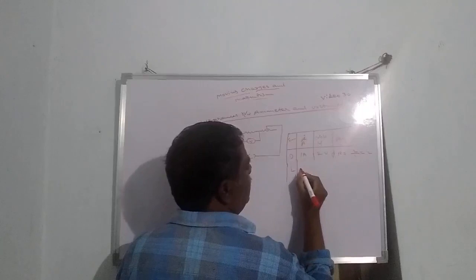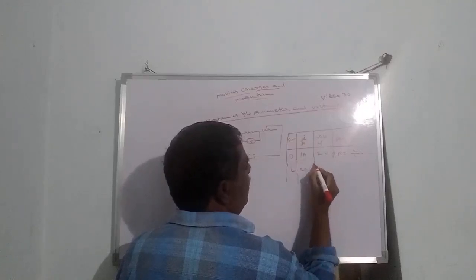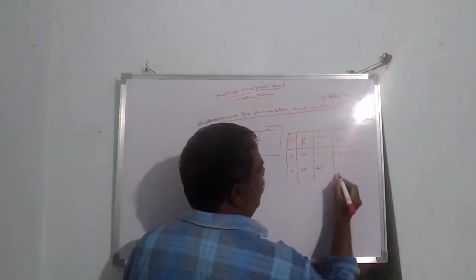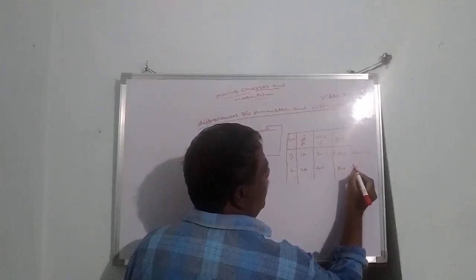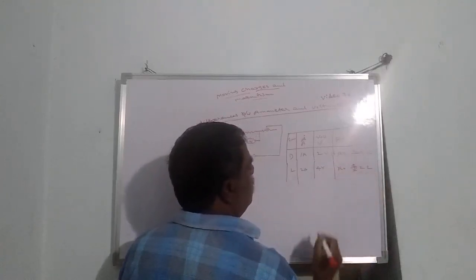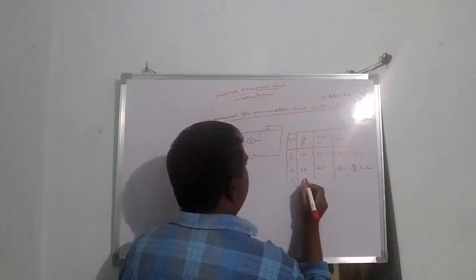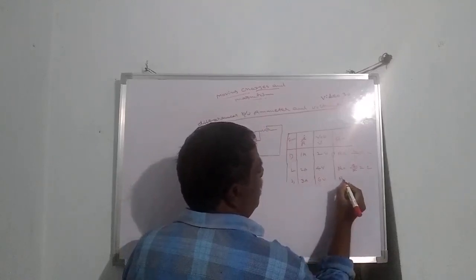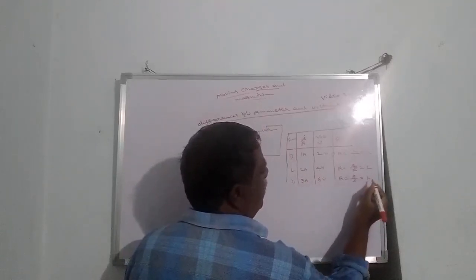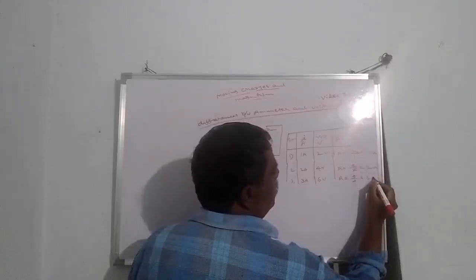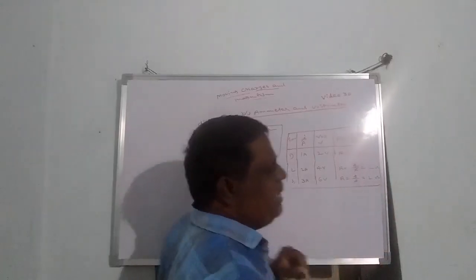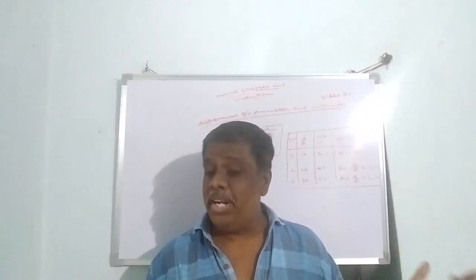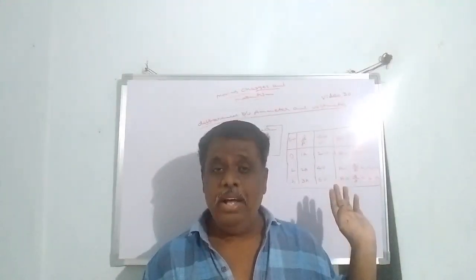Suppose you further increase the ammeter reading by adjusting the rheostat, it will be 2. At the same time, the corresponding voltmeter reading is 4. Therefore, R is equal to 4 by 2, that is also 2. In the third case, if you further increase the ammeter reading by adjusting the rheostat, it will be 3 amp. Suppose it is 6 volt. R is equal to 6 by 3. Again it is 2. So 2 ohms, 2 ohms, 2 ohms. That means the resistance is the same. If you increase the current by changing the rheostat, the corresponding voltmeter reading also increases. This proves Ohm's law.